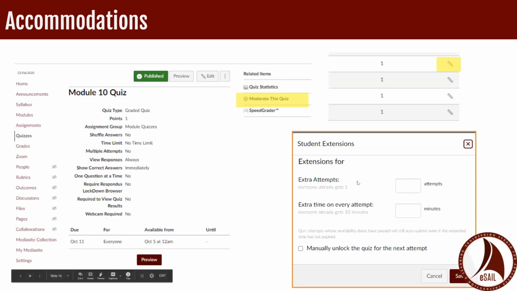And this window right here, the student extensions window, will open, which will allow you to set extra time for each attempt. And that is where you can add your time and a half, or whatever the student is entitled to. Again, you can use this in combination with a unique availability that has assignment for certain students. So you can customize it further. This is mostly relevant in this circumstance where you put a limited amount of time on a test.